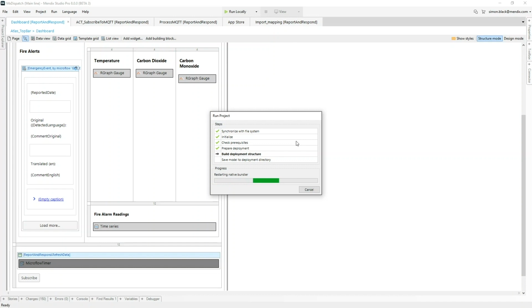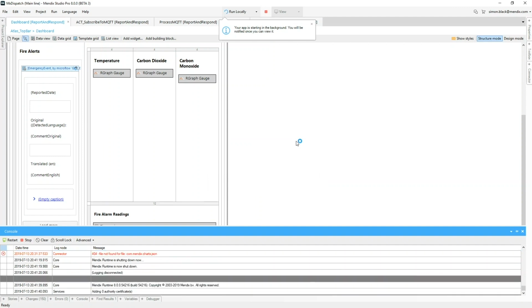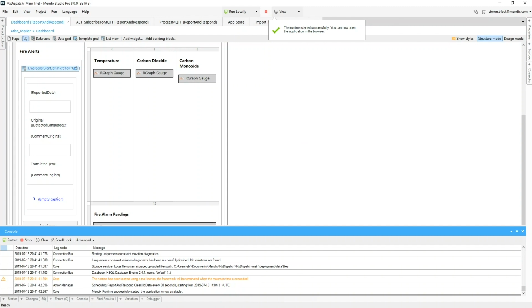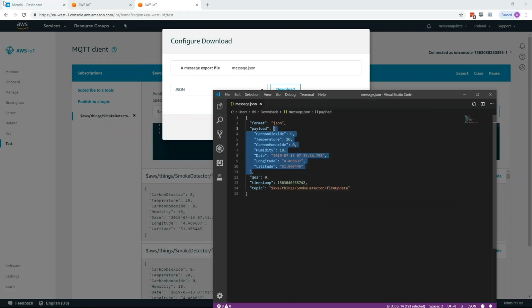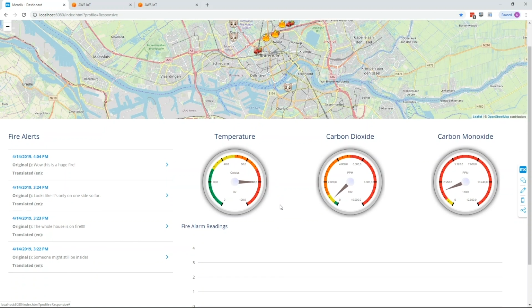So very quickly we've been able to create a mapping based on the data we're getting from our IoT service in AWS. We've been able to then create some logic and some decisions in a Microflow. And now we're rerunning this application so we can view it in our browser. So if we go back to the Mendix dashboard here and we hit refresh, we'll be able to see the information starting to come into our platform. We can see the temperature, the humidity, and also the carbon monoxide levels.